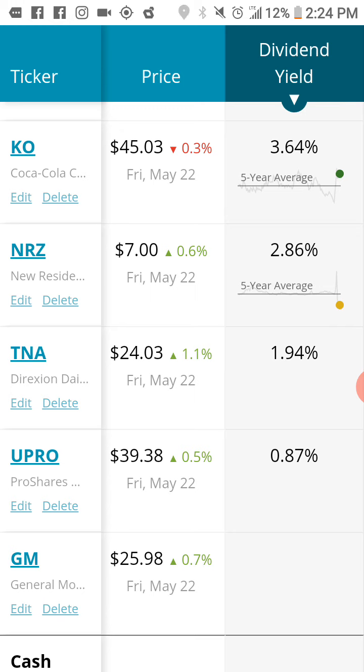TNA, I own 2 positions of this, and this is a directional ETF. It's 3 times weighted, and it's a small cap, so mostly the Russell 2000 type of companies. These are not buy and hold stocks, these 3 times weighted stocks. These are directional stocks. When you feel like the stock market is strongly headed in one direction, which I do